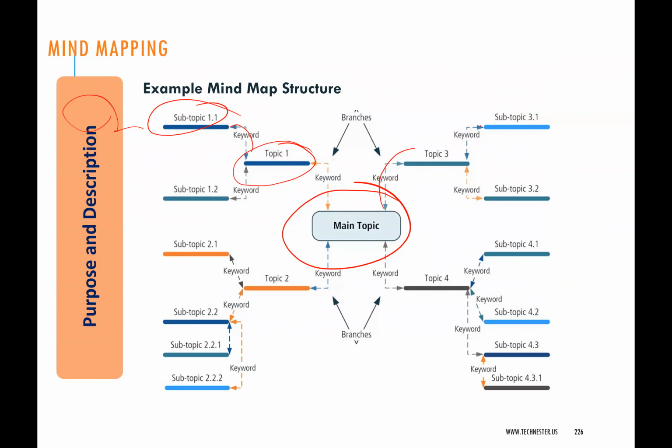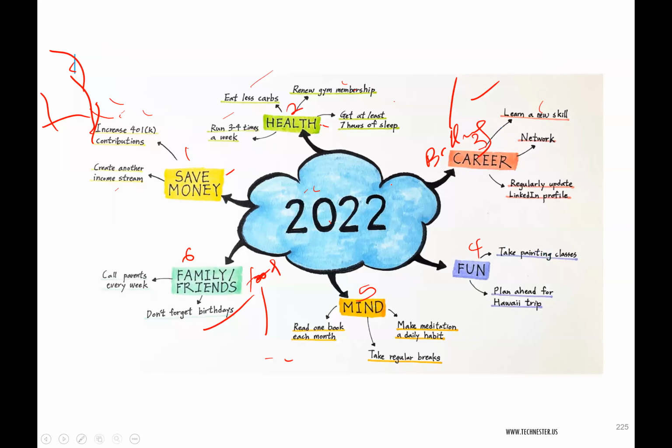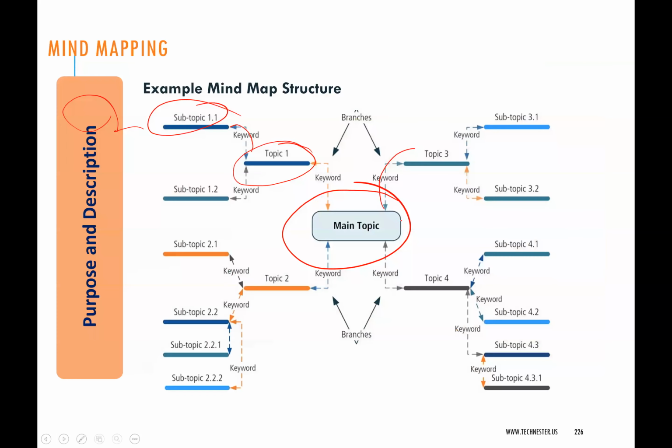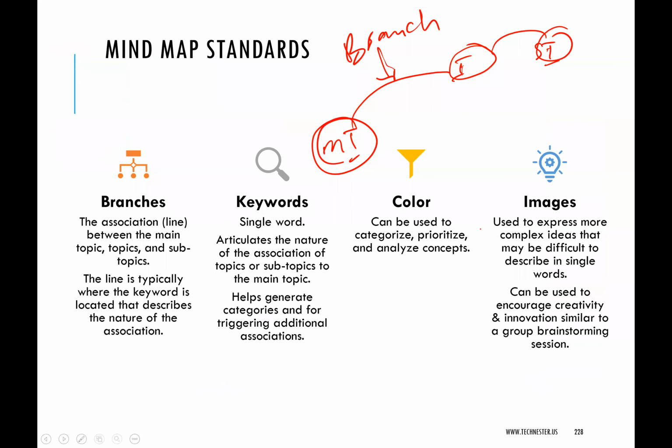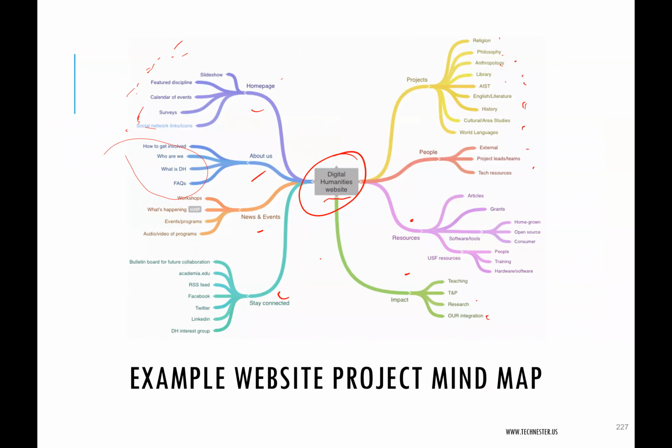But if you are following IBA standard, it's expected that there will be a keyword between the topics. Right. So even in this example, there's no keyword between the topics. But that would be ideal, so we know the type of relationship. Right. So looking at this now, we don't know if all this teaching T&P research should be inside impact